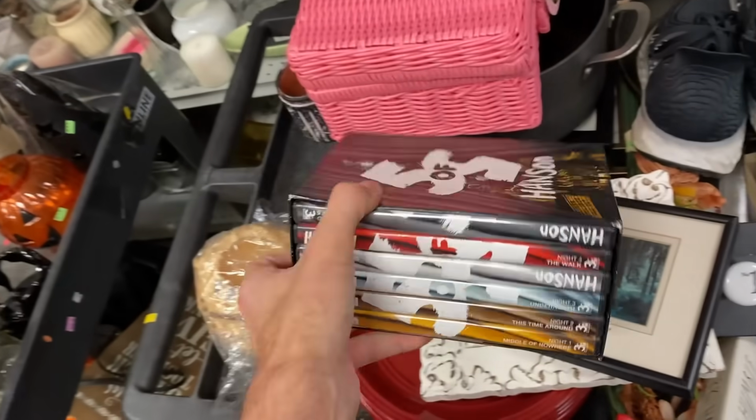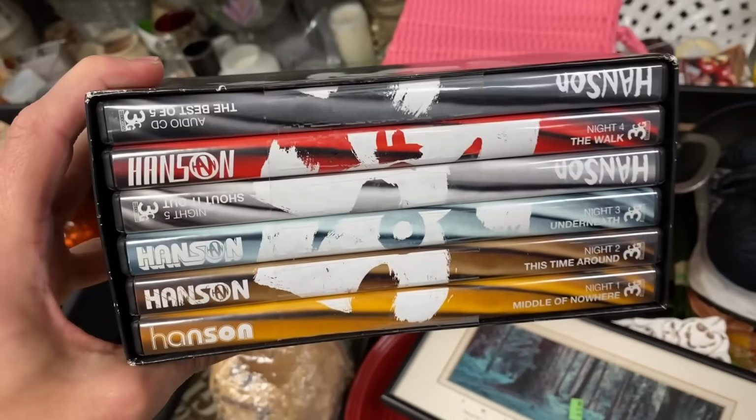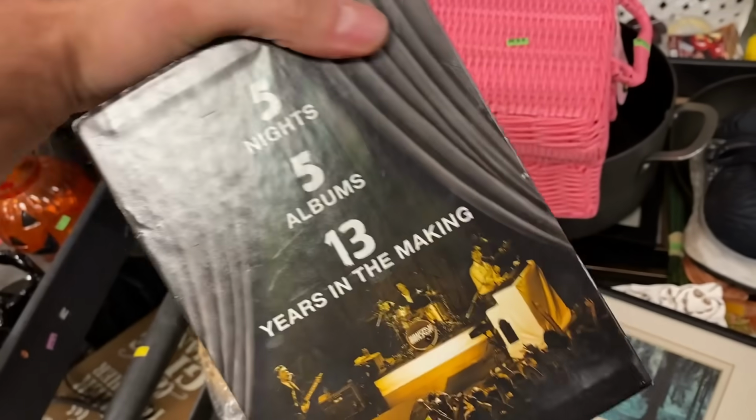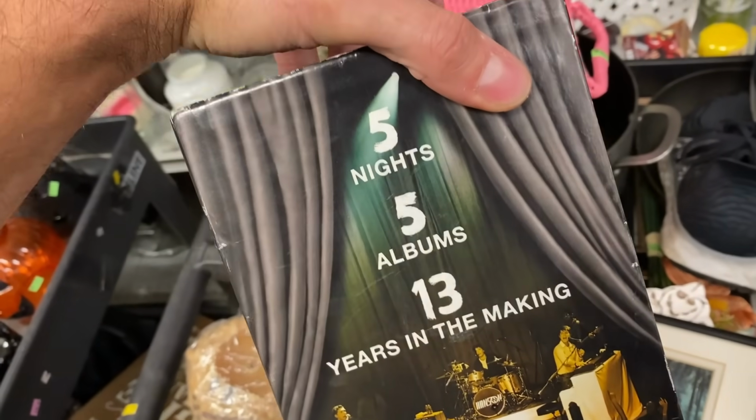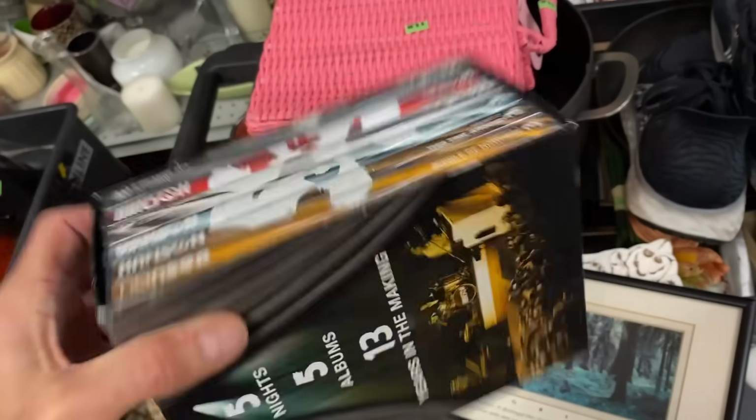Anyway, I don't know if they have another song to their repertoire, but looking at this, we got 6 discs here, 5 nights, 5 albums. I didn't know they had 5 albums. I thought they had just one song. Anyway,